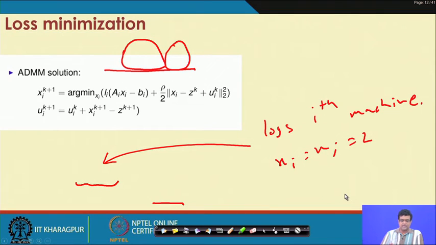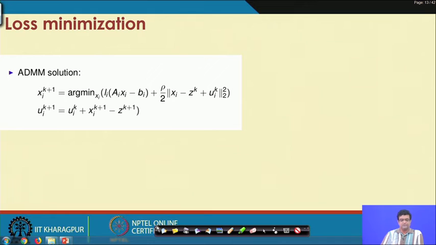As we have already discussed, a little bit of arithmetic shows that this is your update equation for xi. Basically this is the loss part, and your ui is what is called the scaled dual variables.